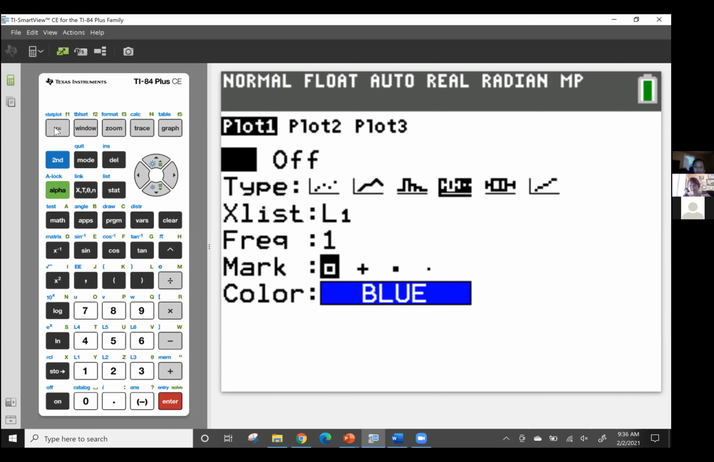So you can see in the next line down from the on/off, the type that's highlighted is my box plot. My X list where I put my data is in that first list, L1. Now, since I didn't use a frequency table here, the frequency I need to put in as the number 1. If I put this data in 2 lists, where one list were the data values and the second list was